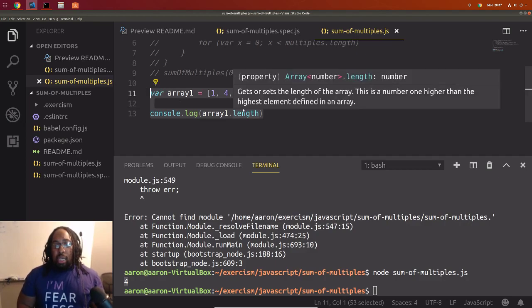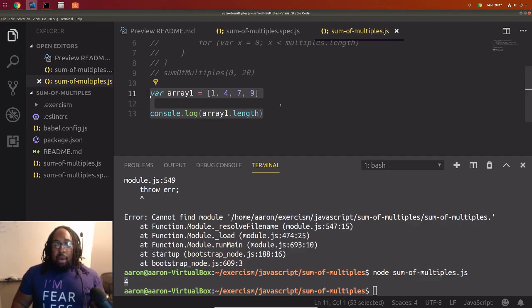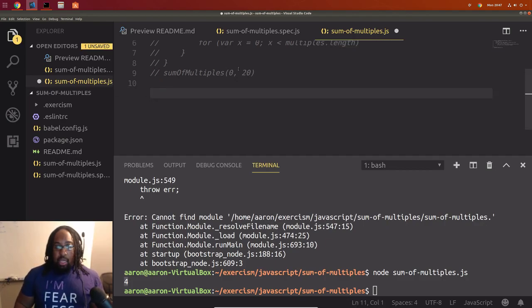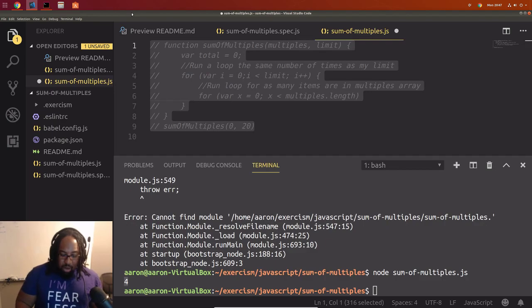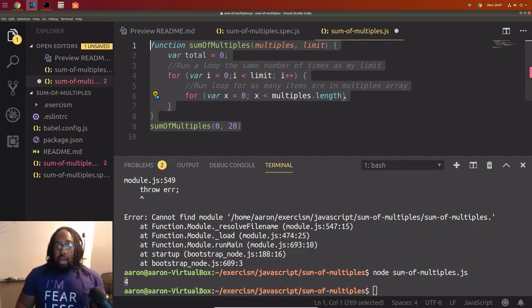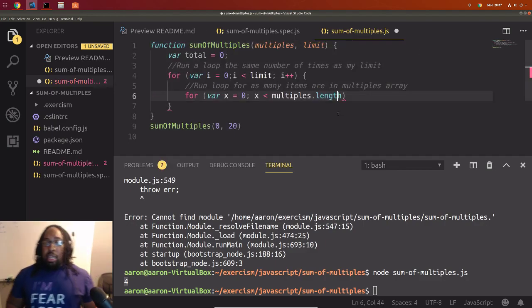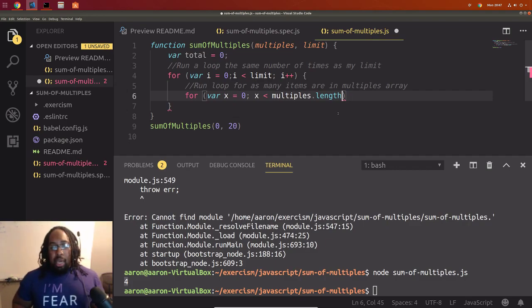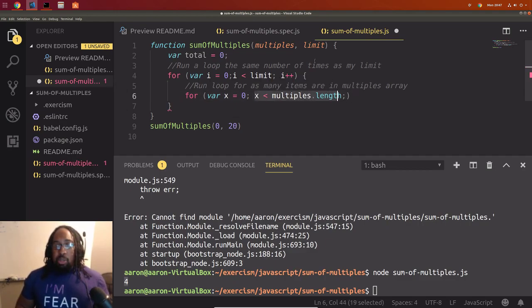It gives you the length of the array. So let's get rid of this, and let's uncomment our function, and let's finish this out. Basically, we're running another loop here, and we're saying run this as long as x is less than multiples.length.